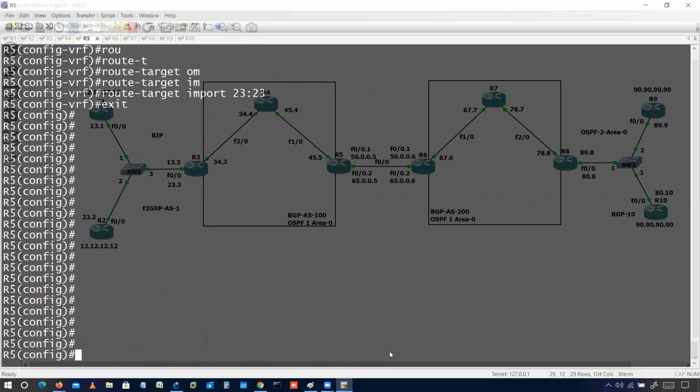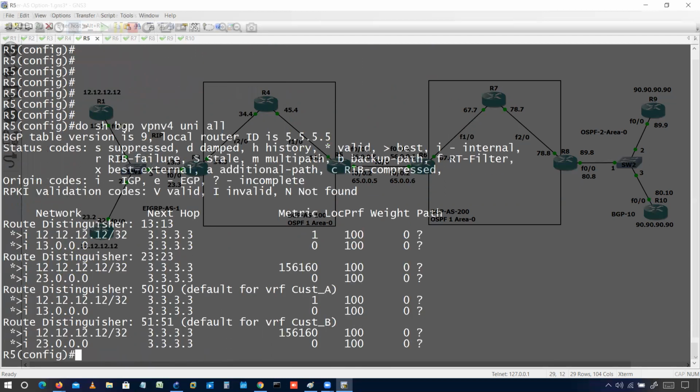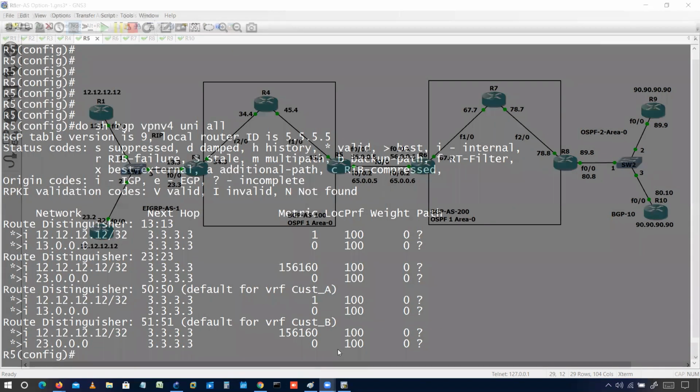Now I have to check the routes. So we are receiving everything here, right? We have all the routes in these VRFs, customer A and customer B. Now I'll do the same with 6 and 8.